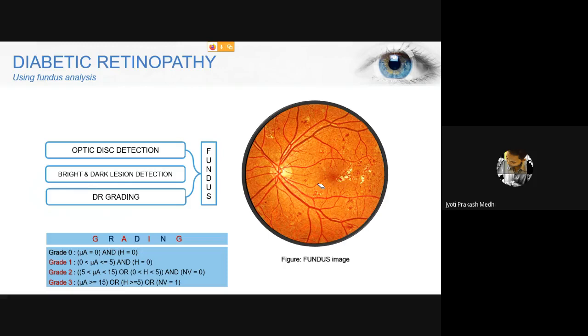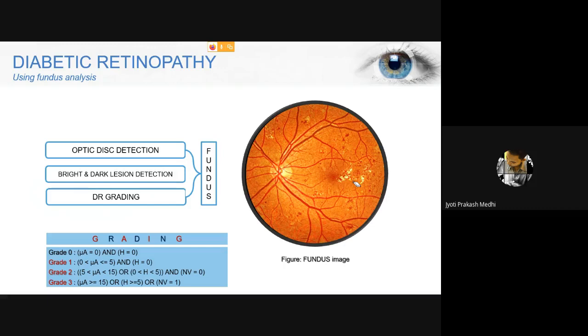So first requirement is detection of optic disc, and along with optic disc detection, the blood vessel detection also comes into picture. So it is also a necessary part of the analysis. Then after that, we have to go for identification of bright and dark lesions. As you can see here, these are the bright lesions, and these dots represent various patches of blood or hemorrhages. These are the dark spots. So identification of these dark spots is very much essential. And then segmentation of the bright lesions, which contain hard exudates, soft exudates, and cotton wool spots. So identification of these is also important.